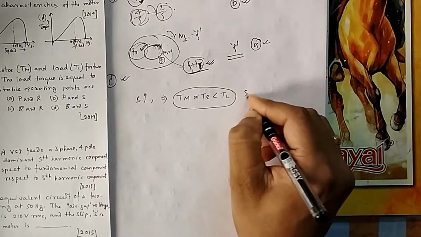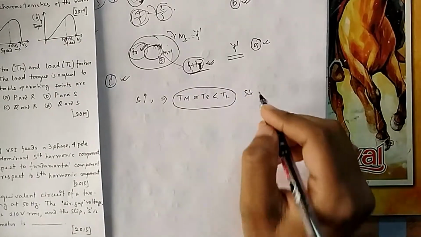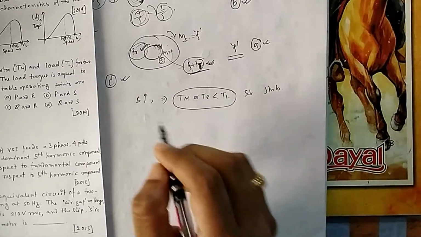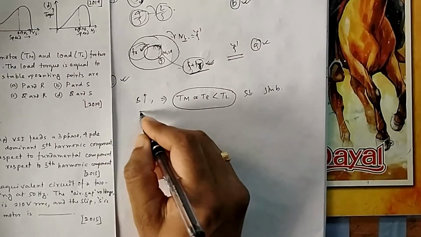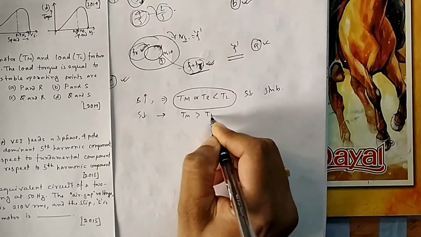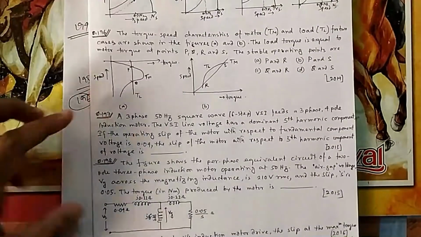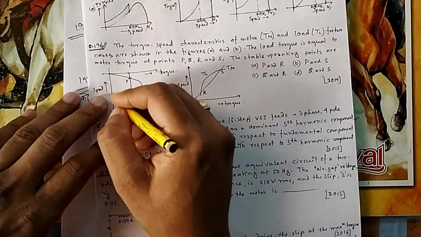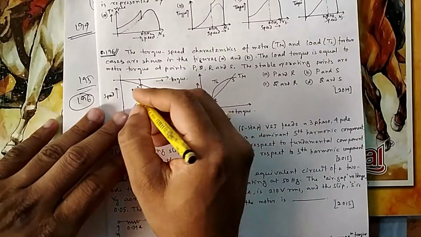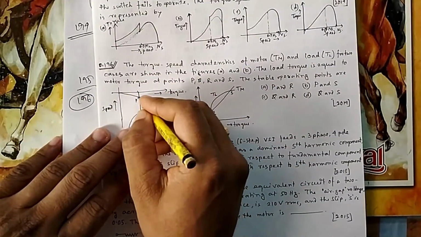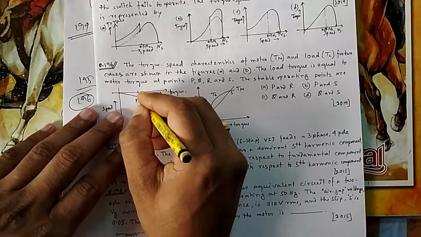Then automatically speed will come back to its original position, then it will be stable. If this happens, then it will be stable. And similarly, if your speed is less, then your TM should be more than your load torque, so that it will bring it back to its original speed. So you see here, this speed is increasing in this direction. Okay, so if you increase your speed a little bit, suppose from P, if you increase your speed somewhere here,